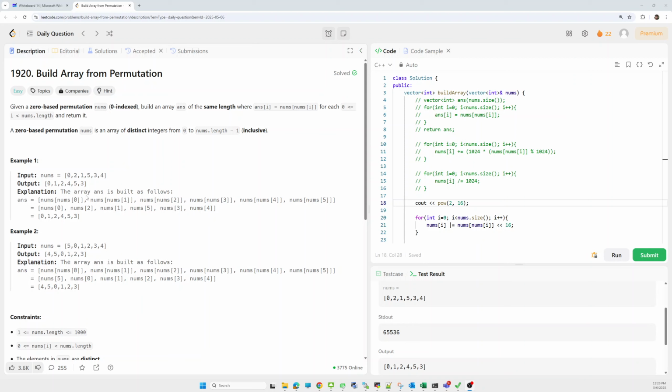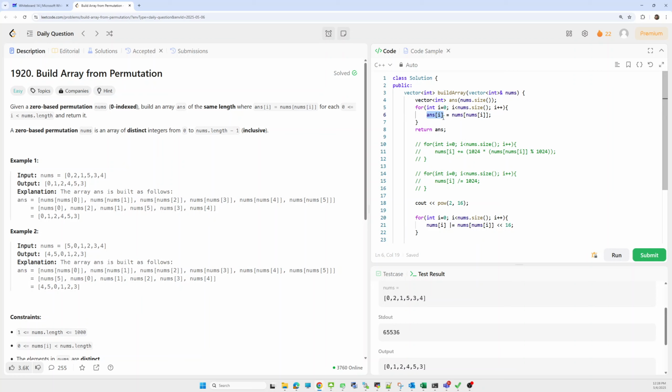So the basic approach is that we can iterate. The first approach is that we can just create one array of the same size as nums, and iterate over the same array, and while iterating just fetch the element from that index, meaning from nums of i, whatever the value of nums of i is on that index, we fetch the element from the given nums array and keep it in the answer, the new array, on the ith place.